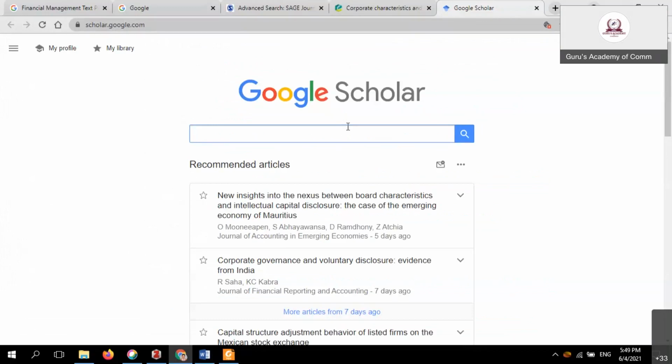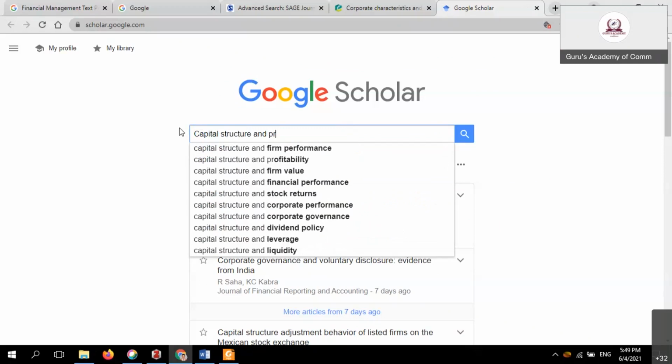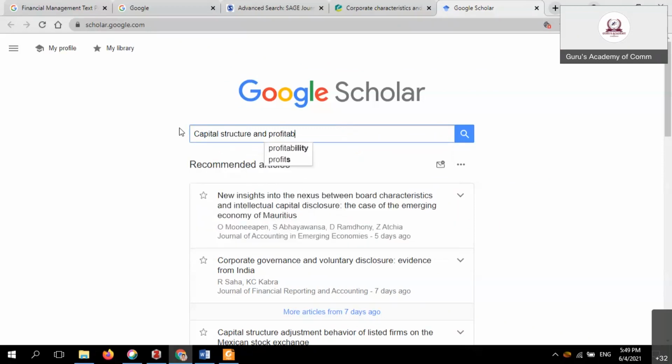The clear point is that you must learn the entire Zotero itself. Now, search capital structure and profitability, Indian firm.